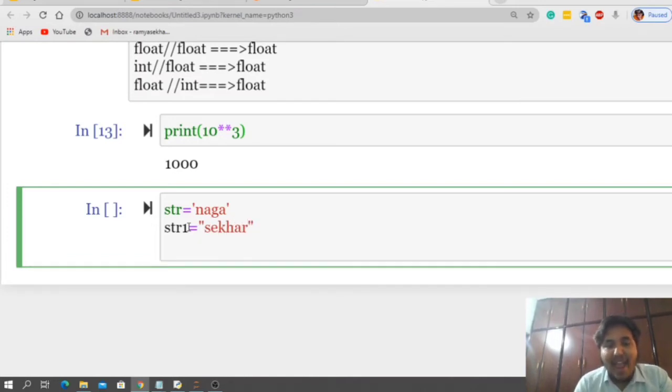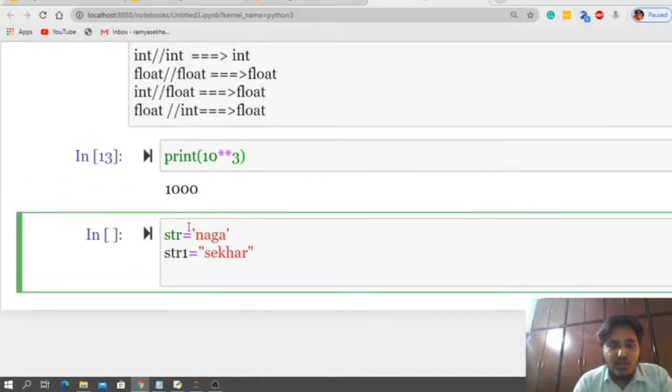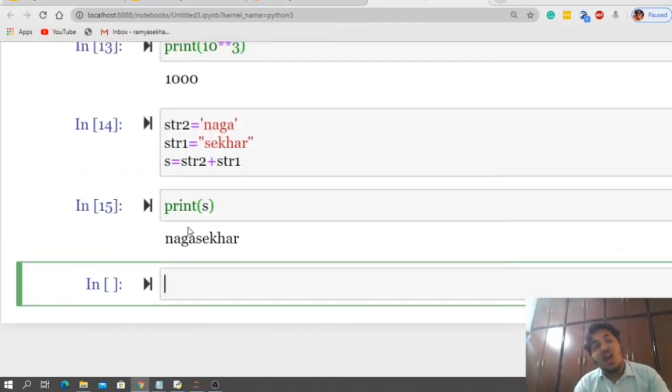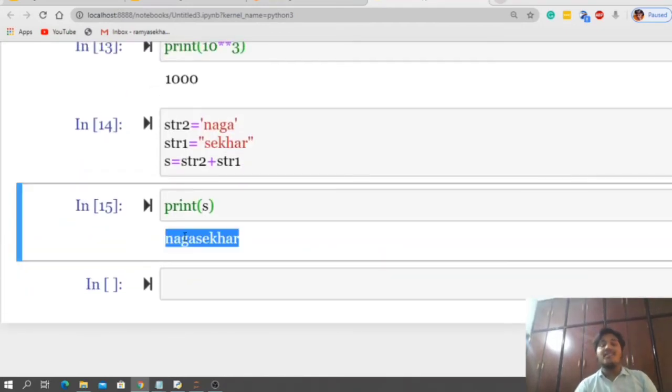So if I add both of these, S is equal to str2 plus str1. Now let me print the value of S. Can you guess what that is? Yeah, we are getting the value as Nagashekar. Is this clear? Yeah.